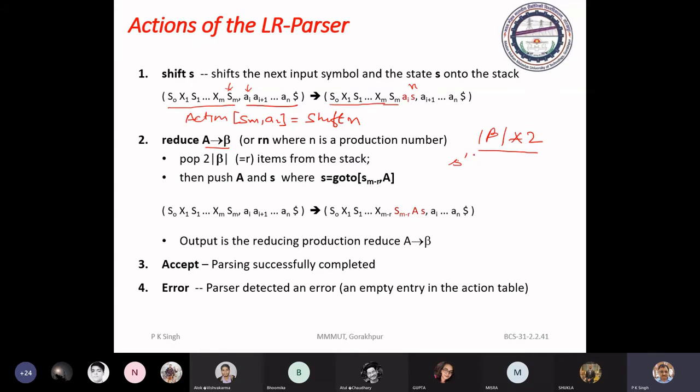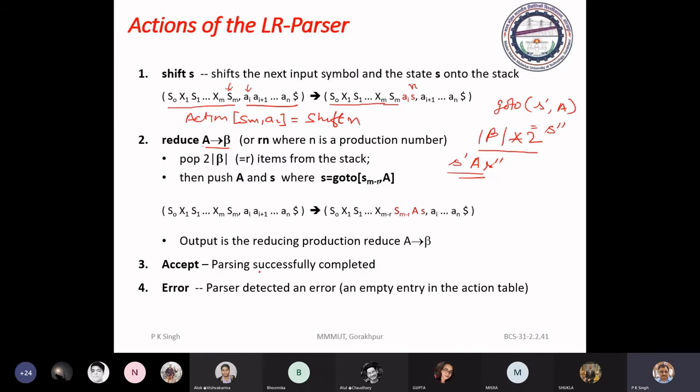You have to push the left side of the production, that is A. A to beta means A. And the state after A, you can get from the goto field. Goto of S dash, A. Suppose it is S double dash. So here you have to put S double dash. Okay. Onto this stack, and there is no change in the content of the input buffer.